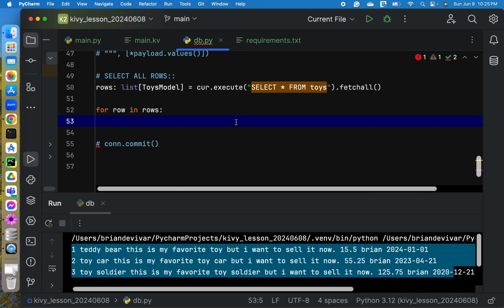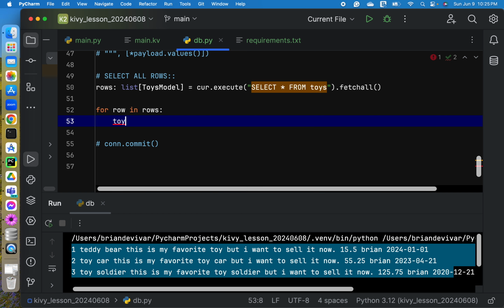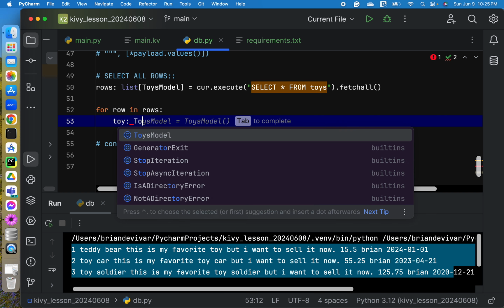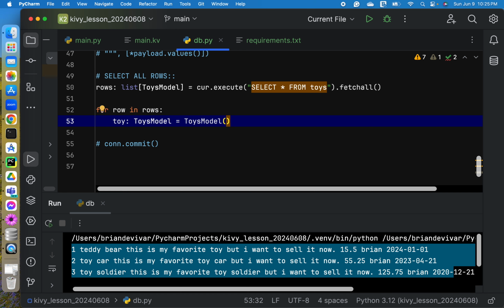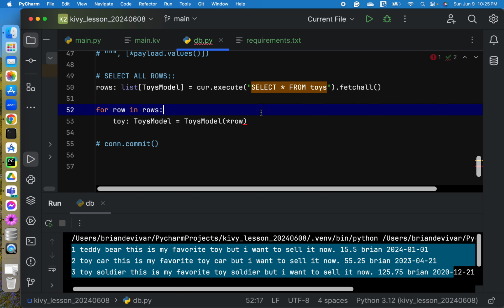So instead of using indexes, so toy, okay.